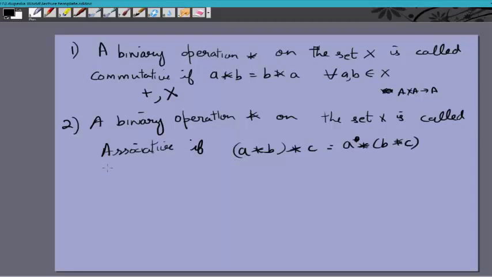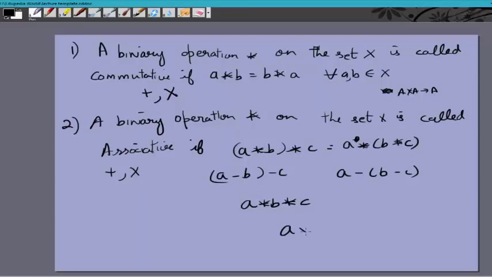Now this is true again only for addition and multiplication. This is not true for subtraction and division. A minus B minus C is not the same as A minus (B minus C), right? That becomes A minus B plus C, right? Now notice, only for associative binary operations does it make sense to write A star B star C without any